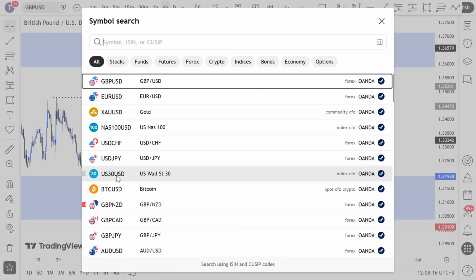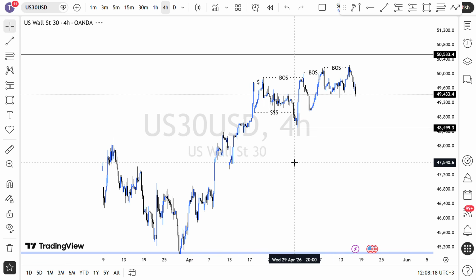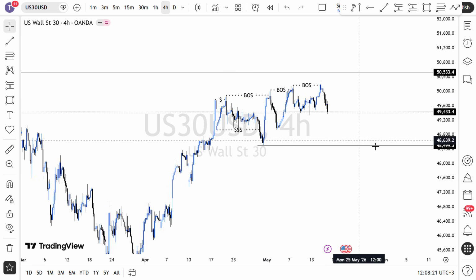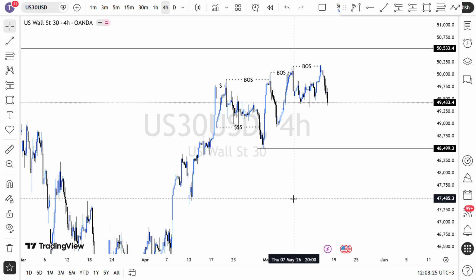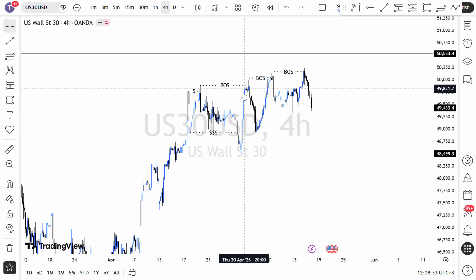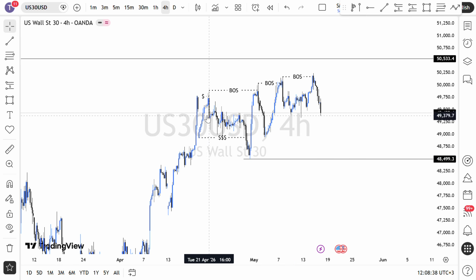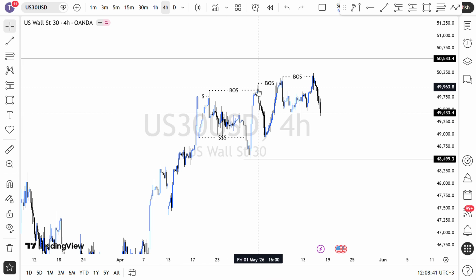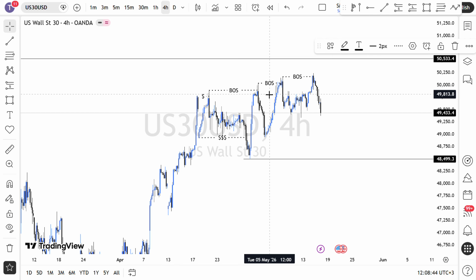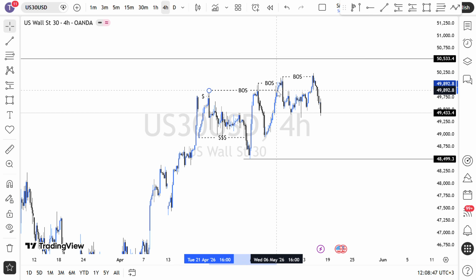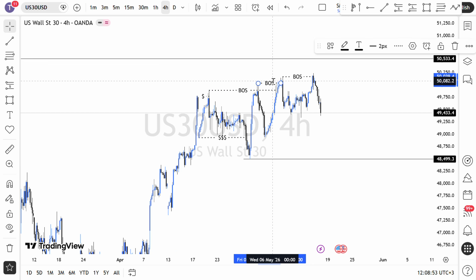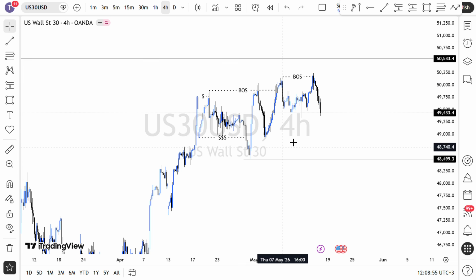So I also have US 30. So on US 30, price formed a break of structure to the upside. And as for me right now, because I'm also looking to buy US 30, same as NAS 100, I think this is liquidity being built above here. Remember, we had this as our last strong low that swept out some liquidity before going up, form a break of structure. So the break of structure in the 4 hour time frame is actually around here. So because of that, I still expect price to be dropping down into this area.